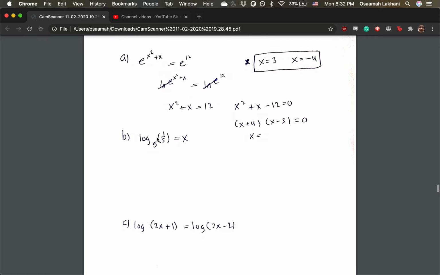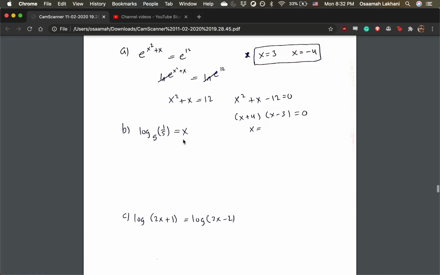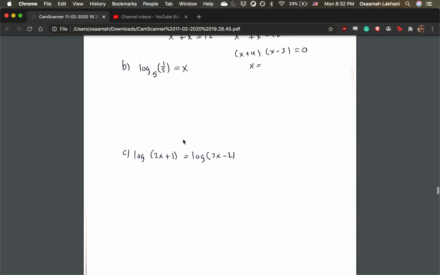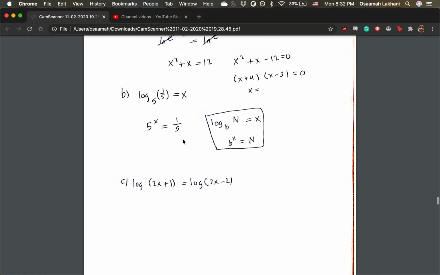And then moving on to our next one, it says that log base 5 of 1/5 is x. So there's a couple of interesting rules we're going to be utilizing in this question, and I'll show you them. So the first rule is what I've drawn in this square: log base b of a number is equal to x, you can just take the b and put the x in the exponent, and that'll equal the number